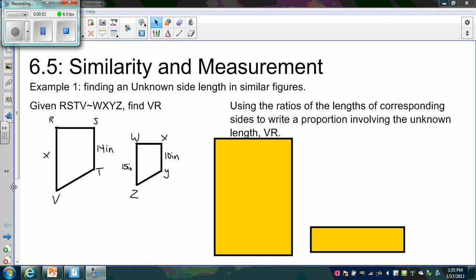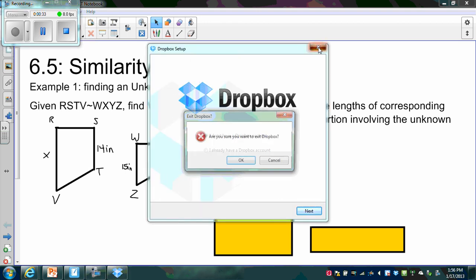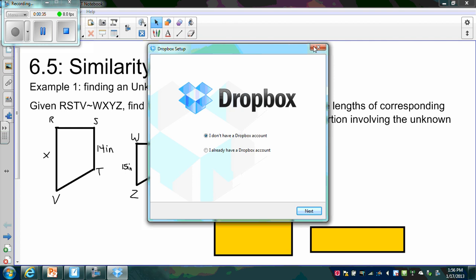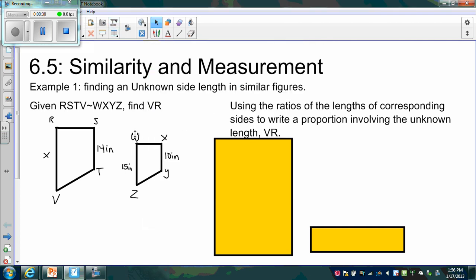This lesson's on 6.5, which is similarity and measurement. So example 1, now that we already know what similar figures are, is finding an unknown side length in similar figures. So in this case, if I tell you that RSTV is similar to WXYZ, and I want you to find the length of VR, we can use the ratio of the side ST to XY to find the length of V to R,